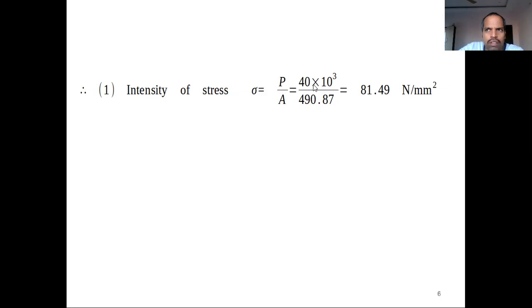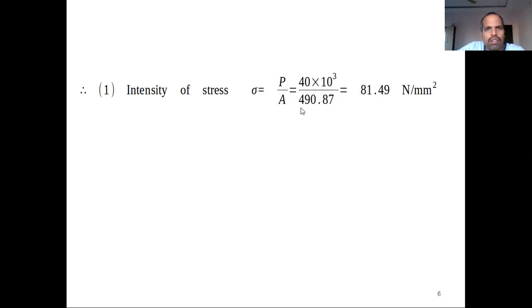If you take Young's modulus, the units are given in Newton per mm square, but the load is given in kilonewtons. If you put in the values without converting into the same units, you may get a wrong answer. So that's why it is better to go through the units once before substituting everything. That's why we converted kilonewtons to newtons. 1 kilonewton is equal to 10 to the power of 3 newtons. That's why it is 40 into 10 to the power of 3. Kilo means 10 to the power of 3, 1000, so that it converts into newtons.